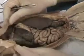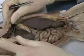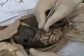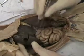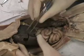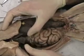Alright, in this section we're just going to review all of the internal organs. We're not going to review the heart stuff because we already did that. But we'll start up here, this big giant multi-lobe thing. For the exam, no matter what lobe I point to, we're going to call it the liver. And then somewhere in there you should have like a little green raisin. That's called the gallbladder. And some of you may actually have to move your liver into separate sections to see